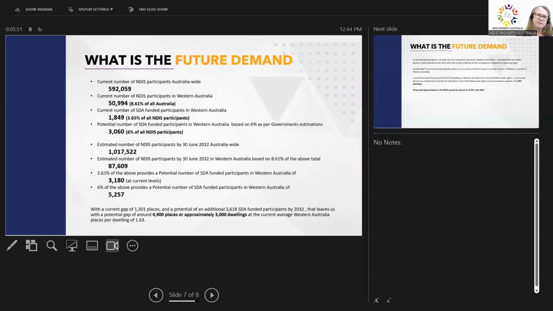Current number of NDIS participants, 592,000. Now, the current number of NDIS participants in WA is just under 51,000. That's 8.61% of the whole of Australia. And with 1,800 SDA funded participants, that's 3.63%. Now, the NDIA stated back when this all started that they expected 6% of all NDIS participants would require SDA funding. So if we look at that number of 6%, we're looking at potentially 3,000 participants, and this is in all of Western Australia,